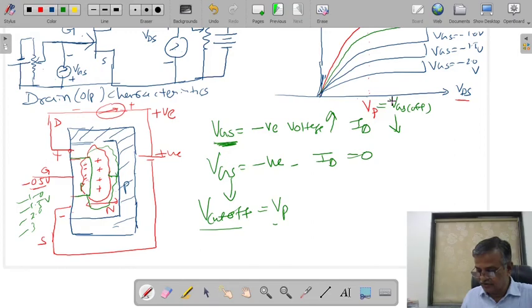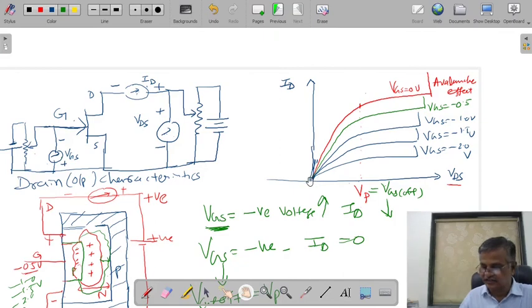So remember one thing, in these output characteristics, as you increase the VDS, your drain current increases. At a certain value of the VDS, your current will be saturated. This is called saturated current. The value of VDS at which current is saturated is called pinch off voltage. After this, as you increase the VDS, there is a little increase in current and avalanche effect is observed. If you do not know avalanche effect, then we will discuss what the avalanche effect is.